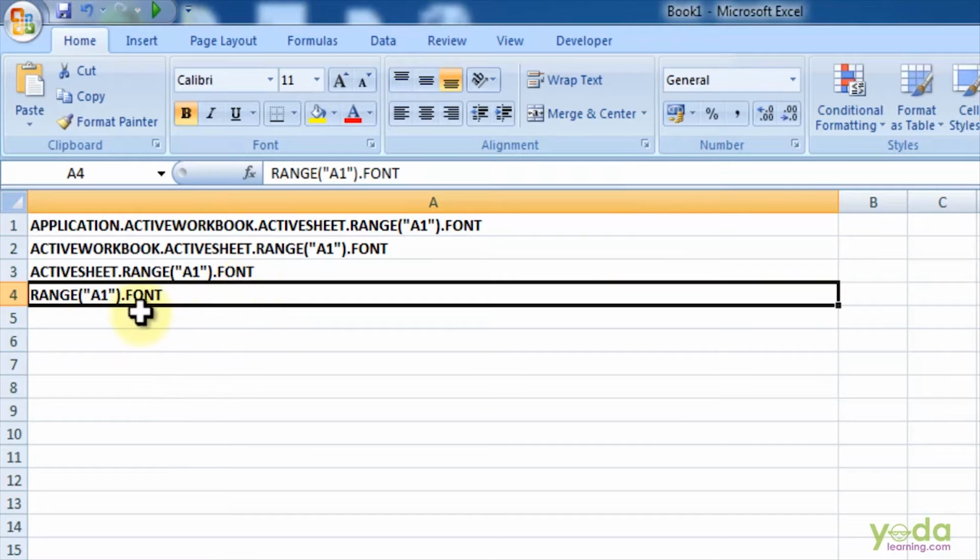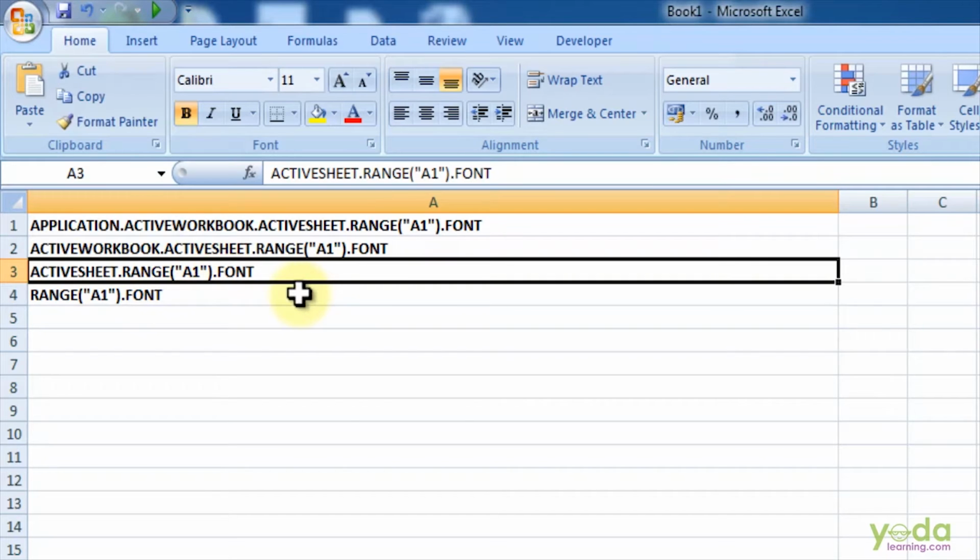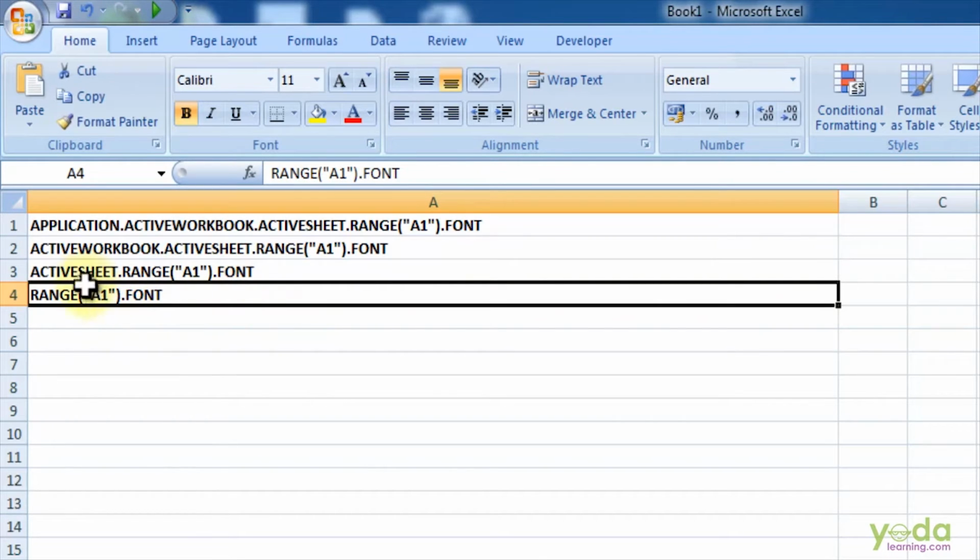You can simply mention Range, the cell reference.Font, being in the active sheet, since the workbook is already opened, which will be your active workbook, and Excel being the default application. Excel being the default application, you can simply use ActiveSheet.Range, the cell reference.Font, or being in the sheet you can use Range, the cell reference.Font. So your code down the line is specified as Range, the cell reference.Font. I hope the concept is clear to you.